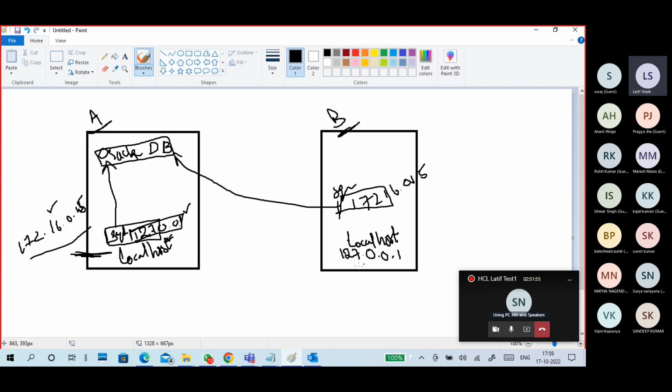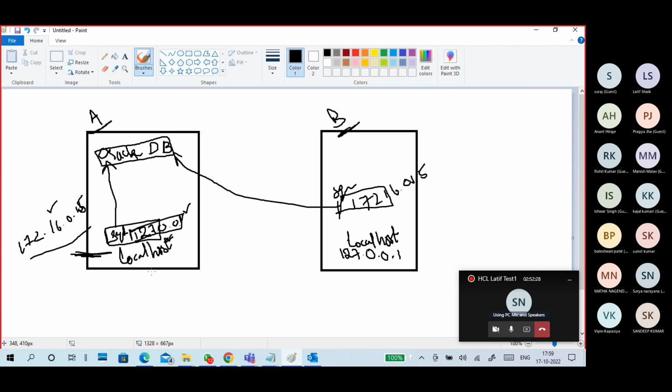Even if you use a Unix operating system or a Linux operating system, the computer name is localhost and the local IP address is 127.0.0.1. It is reserved as a loopback or localhost IP address. When you are communicating to yourself, like your server application and your client, both on the same server, you can use the localhost name or the IP address